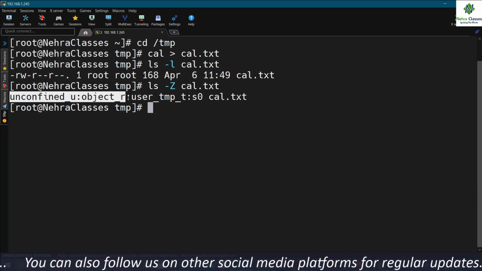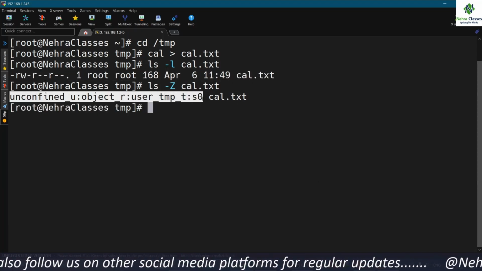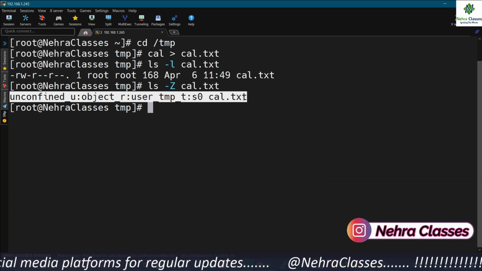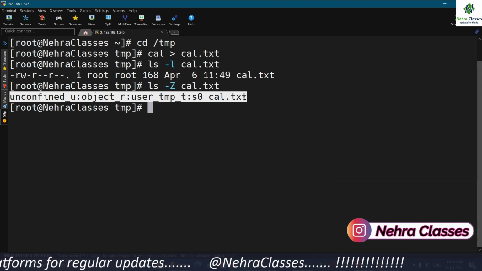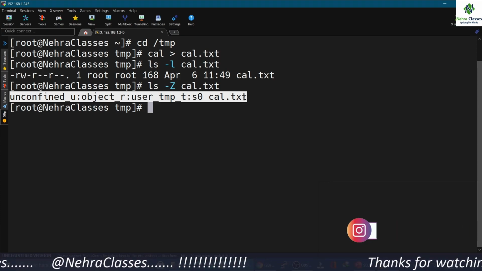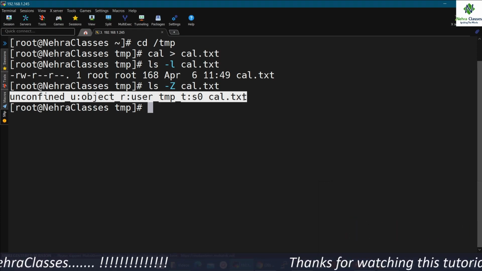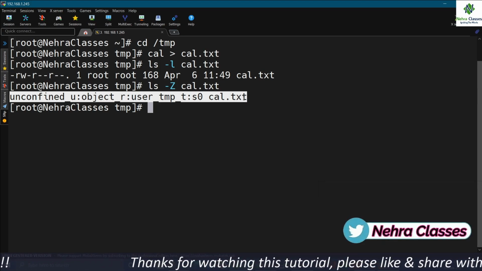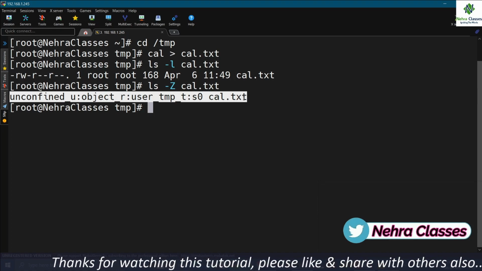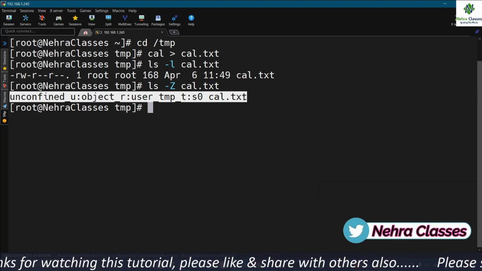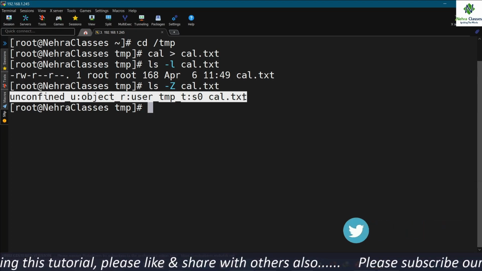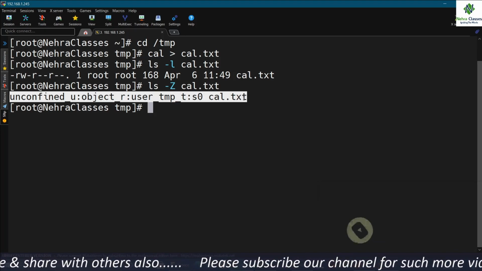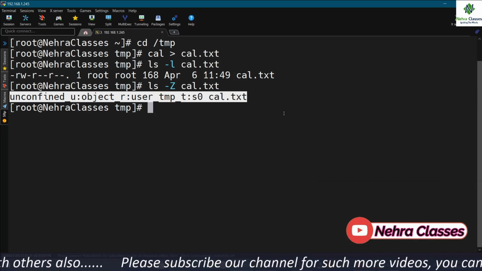This information is used by the SE Linux policies, and this is called the mandatory access control mechanism, because in this situation it does not depend on the wisdom or way of working of the root user. Whatever is written in the policies will be followed no matter who is going to take the access. So this is the difference between the mandatory access control mechanism and the discretionary access control mechanism.